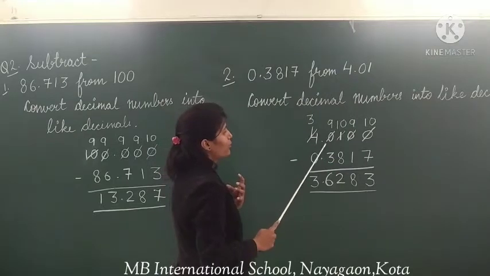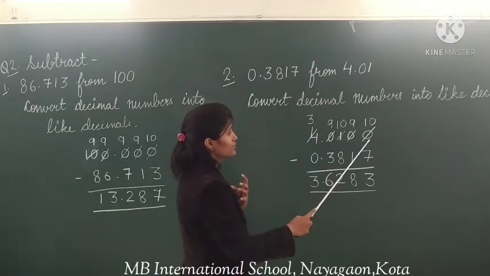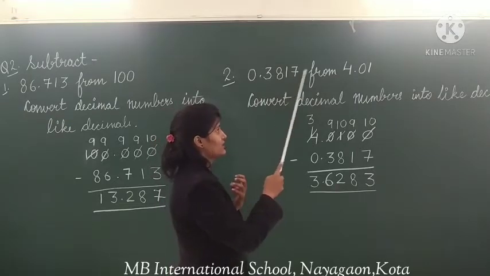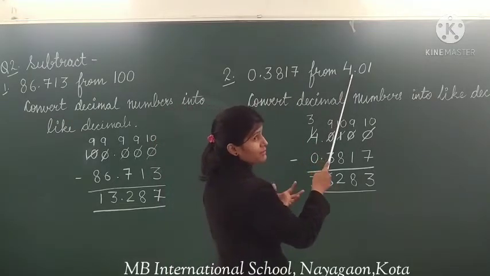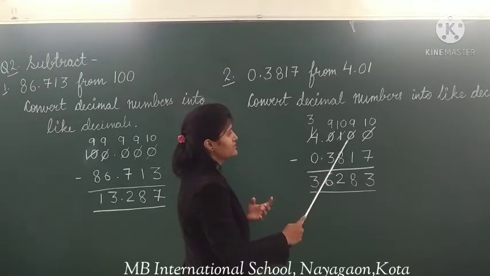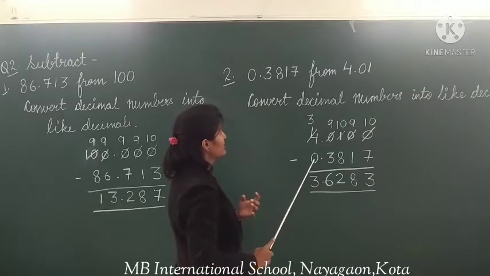So now 4.0100, because it has 4 decimal places. How many decimal places are there? 4. तो इसलिए हमने क्या किया, 4 के बाद भी कितने decimal places होने चाहिए? 4. So 4.0100 minus